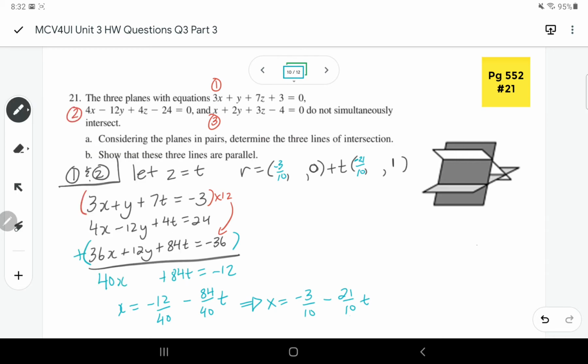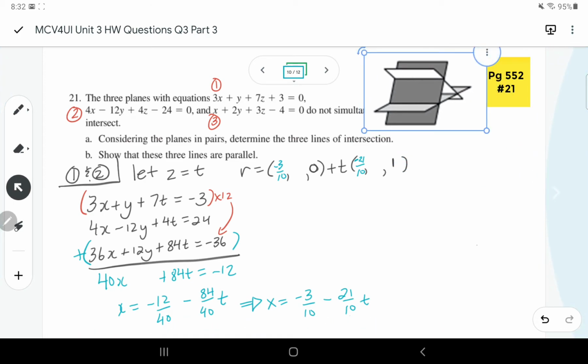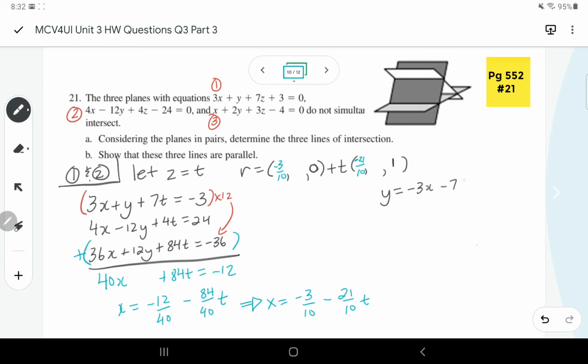We're going to use this x and our y equaling t to find the y value. And from that first equation, I'm going to say y equals negative 3x minus 7t minus 3. And then I'll put in the values of x here. So y equals negative 3 times negative 3 over 10 minus 21 over 10t